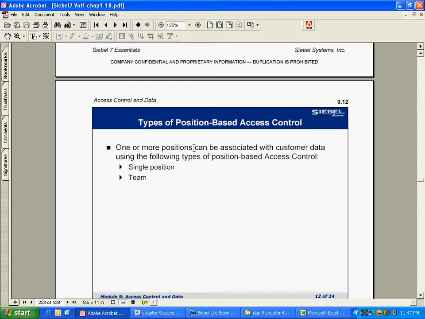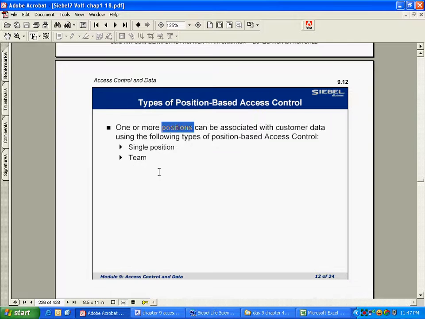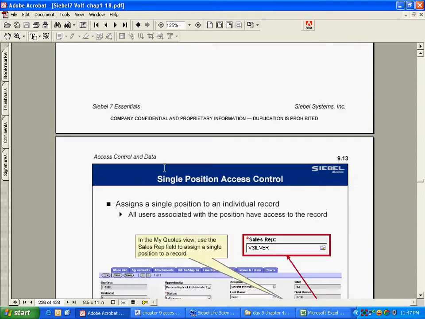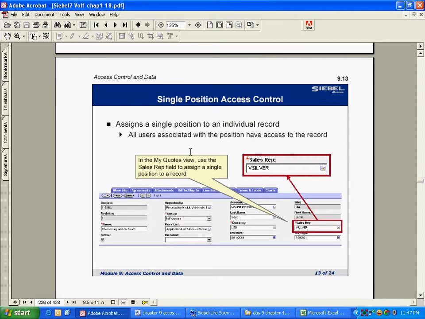With the customer data you can associate the positions. We know that. What is he trying to say? Well, I think that's trivial, not a big deal. Team is very important. I just told you all that.